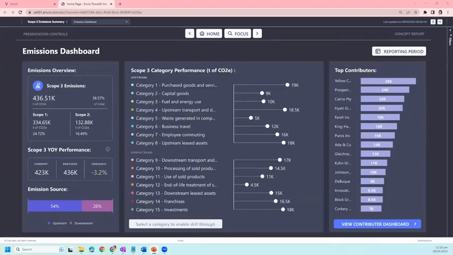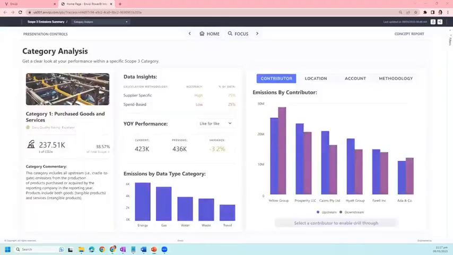Now, here I can choose to analyze a particular Scope 3 category. Let's look at one of the most common categories, which is purchased goods and services. So this category analysis dashboard provides the sustainability analyst the ability to analyze the category in several ways, including the calculation methodology used, what proportion of data, and accuracy associated with each of those methodologies as defined by Greenhouse